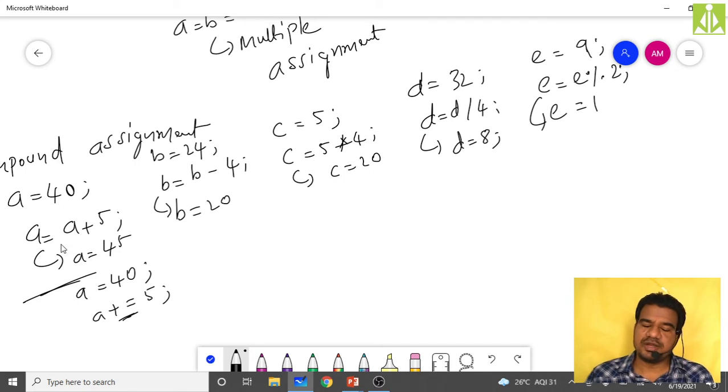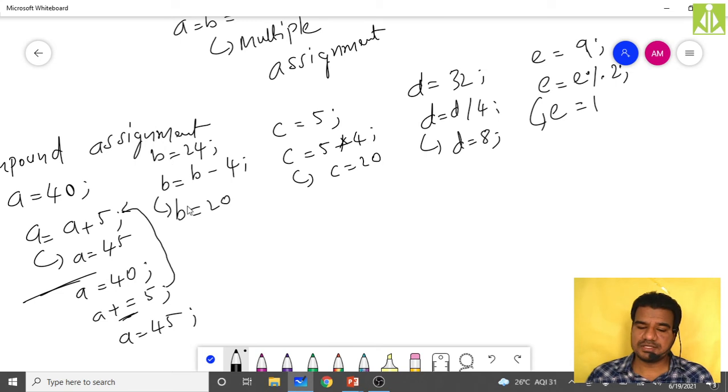So instead of writing A twice, this compound assignment statement reduces the lines of code and makes it a shortcut approach for solving the statement. So in short, we can write it as A plus equals 5. The result will be the same. You will get A value as 45 only.